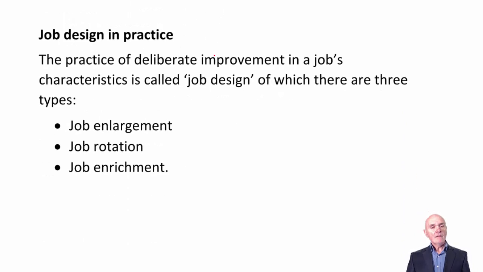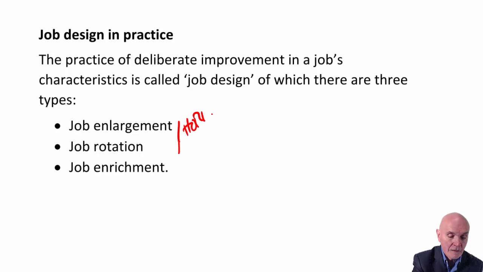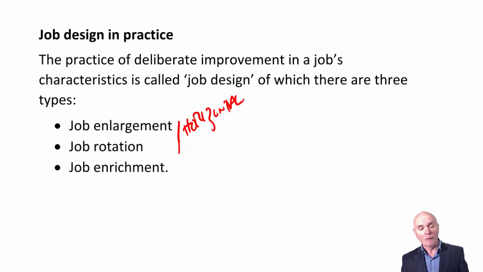And there are 3, maybe 4 methods that we'll mention here. Certainly of these 3, only the last one is likely to have any permanent improvement, if you like, in job design. Job enlargement really means doing more of the same. It's what would be called a horizontal change, and both of these indeed are horizontal, meaning that they don't really be very successful at introducing more challenge and initiative and decision making and more skills.